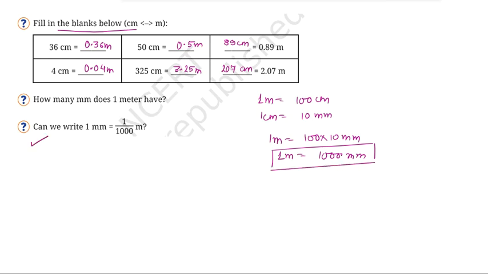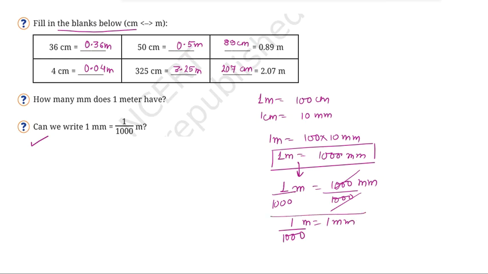So next question is, can we write 1 millimeter is equal to 1 over 1000 meters? Of course we can. Let's divide this equation which we have received by 1000 on both the sides. So 1 over 1000 meters is equal to 1000 over 1000 millimeters. यहाँ पे 1000 से 1000 cancel हो जाए and then you get 1 over 1000 meters is equal to 1 millimeter. तो जो आपका क्वेश्चन में पूछा है, we have got the same answer.